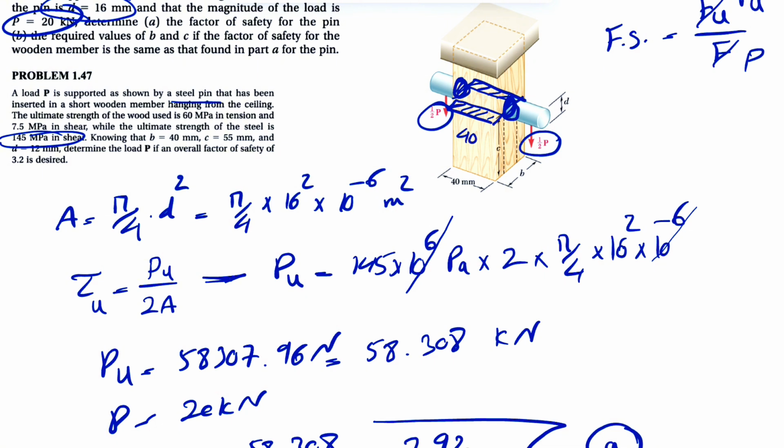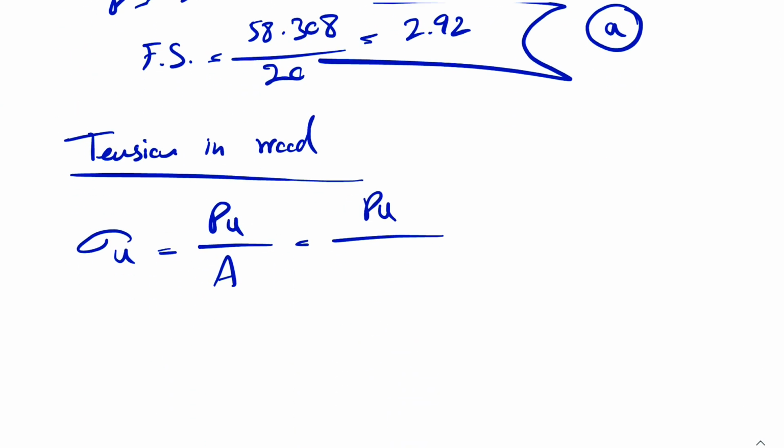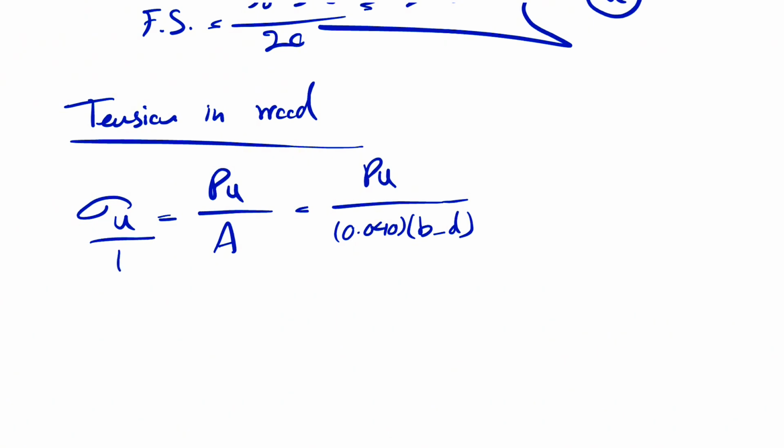One side is 40 millimeters, the other side is basically B minus D. So we're going to have the width, which is 40 millimeters, so 40 divided by 1,000, 0.04, and the other side of that rectangle would be B minus D. So if we multiply these two, we'll have 0.04 times B minus D is equal to the ultimate force PU,